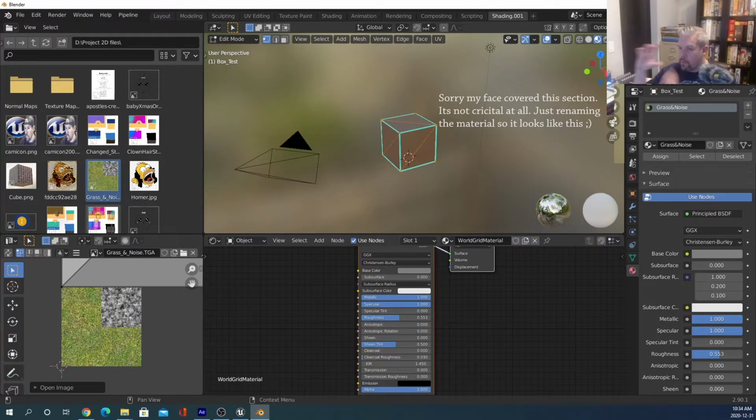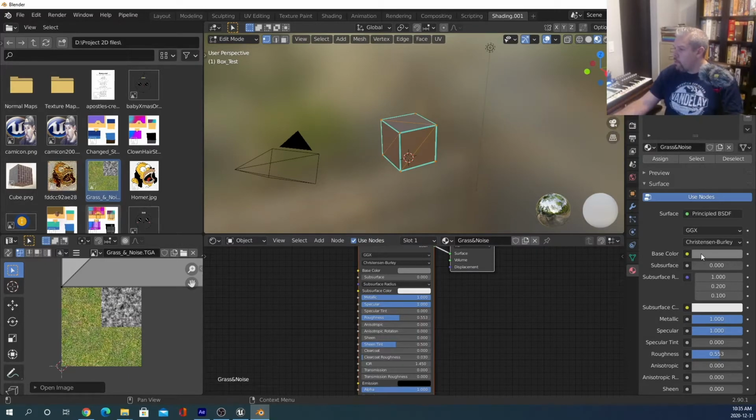That's those different gray boxes that are default in Unreal and many other places. We're just going to double click on this material, and we're going to rename it, and we're going to call it grass and noise, and we'll leave it as is. And then the next thing we want to do is, with this material, grass and noise, selected,